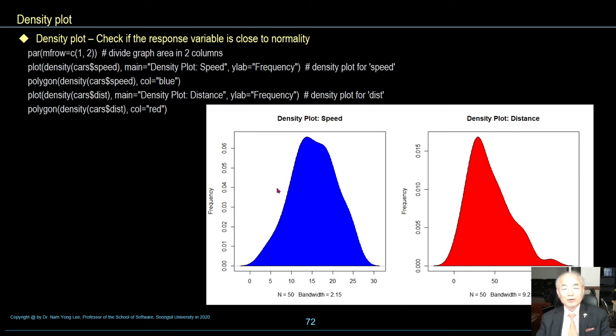Blue is for speed, red color is for distance. So these two density plots look normal, approximately normally distributed.